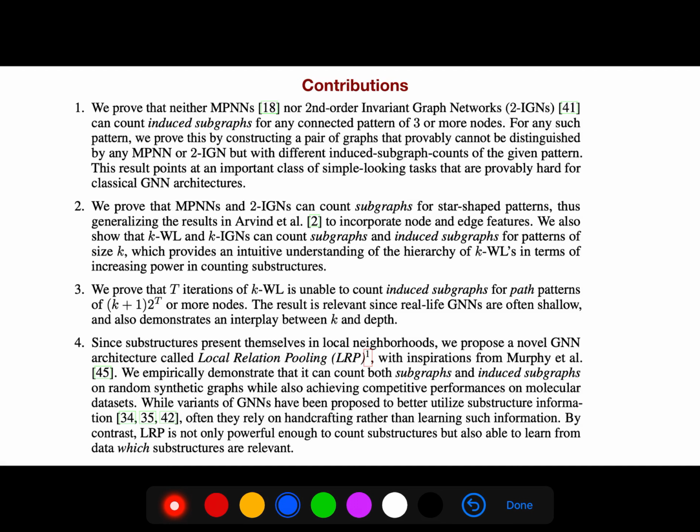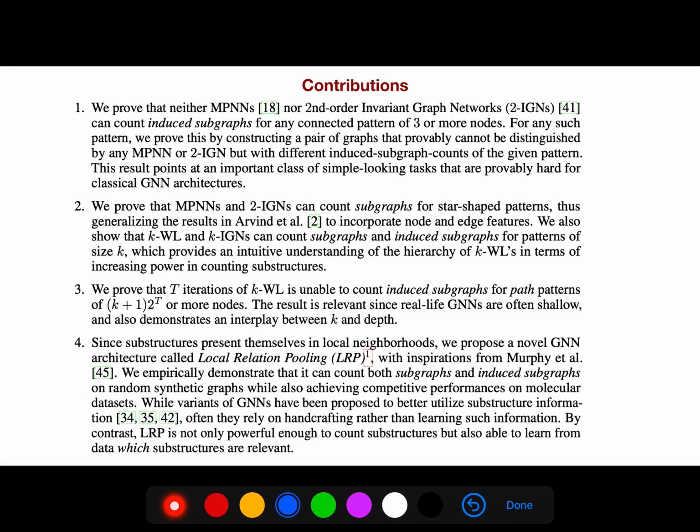The ability to detect and count certain substructures in graphs is important for solving many tasks on graph structured data, especially in the context of computational chemistry and biology, as well as social network analysis. Inspired by this, we propose to study the expressive power of graph neural networks via their ability to count attributed graph substructures, extending recent works that examine their power in graph isomorphism testing and function approximation.